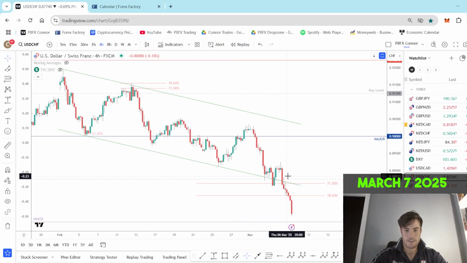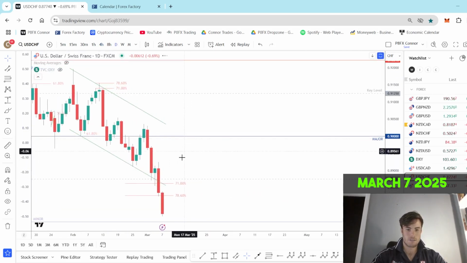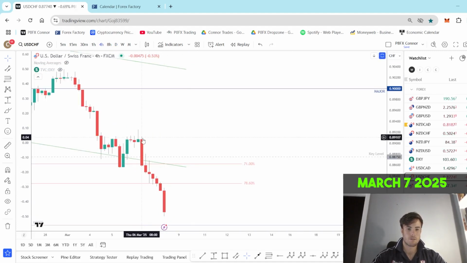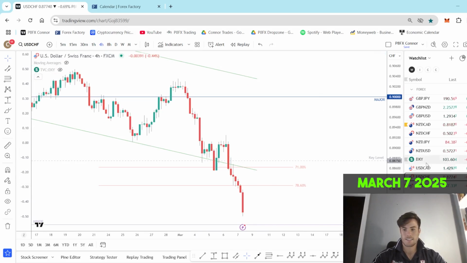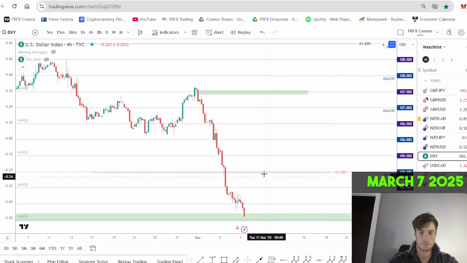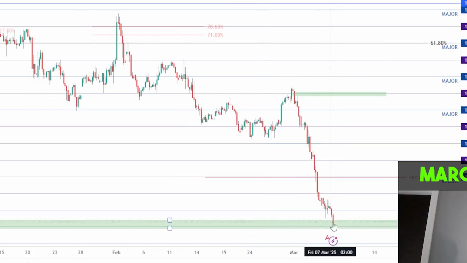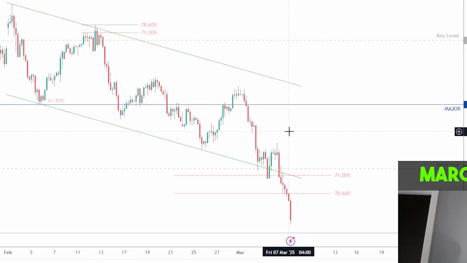So we were at target area, we had a pattern, everything was saying to go up. If I remember, the daily was also a hammer candle, to go up, except this 4-hour was a bearish engulfing. So I left it alone and decided that the dollar index was still bearish. I did expect this to close. It looks like it's going to close. We're pretty close now. So that's USD Swiss franc.